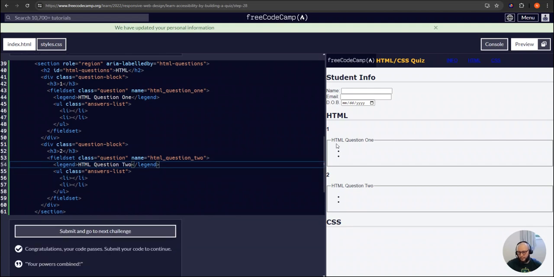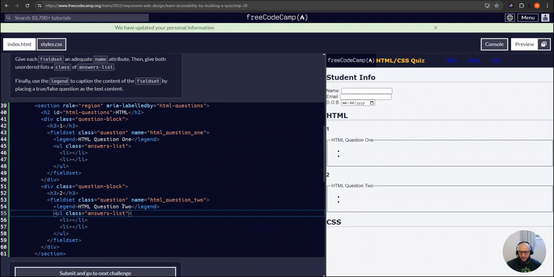All right. So HTML question 1, HTML question 2, we gave it the list, a answers list, and we gave the field sets the name HTML question 2, HTML question 1, and we got that to pass,